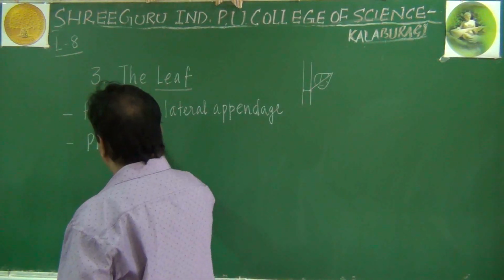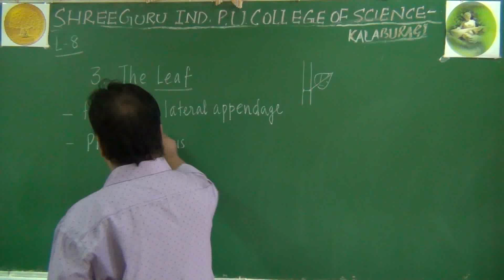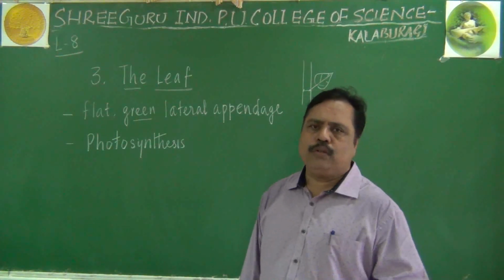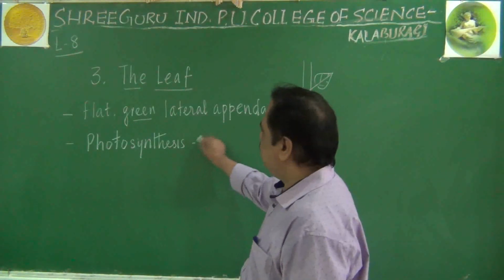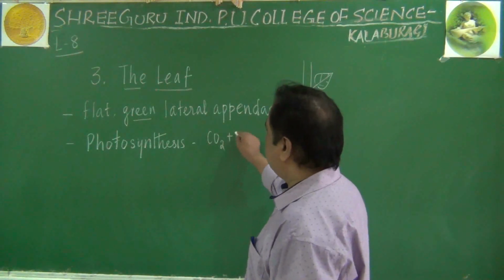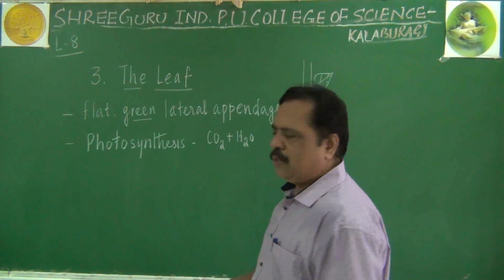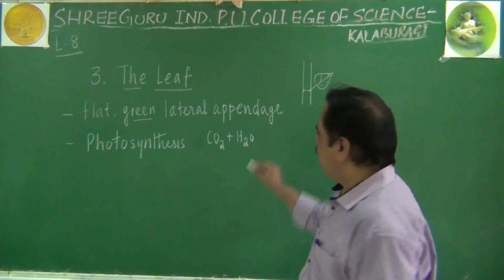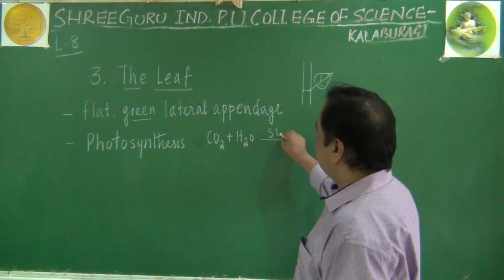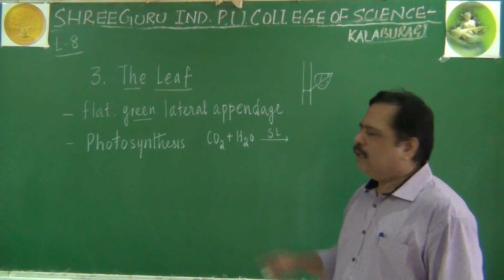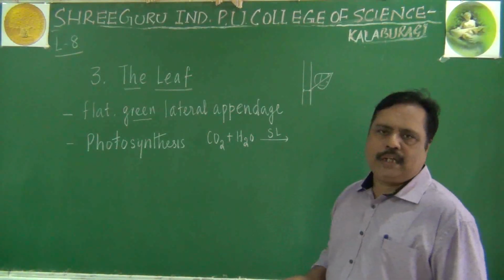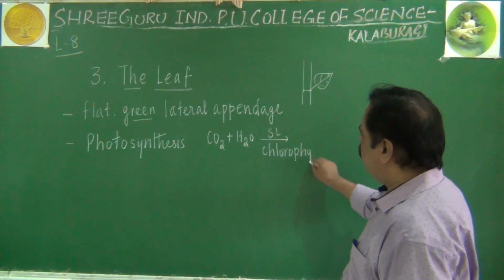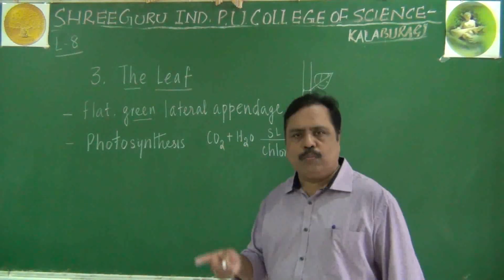photosynthesis mainly. You might have heard about this word photosynthesis in lower classes also. During photosynthesis, the plants will take carbon dioxide and water. Carbon dioxide from the atmosphere, water from the soil they will take. In addition to that, sunlight will be used during this process. This reaction between carbon dioxide and water occurs in the chlorophyll. This chlorophyll is present in chloroplast.